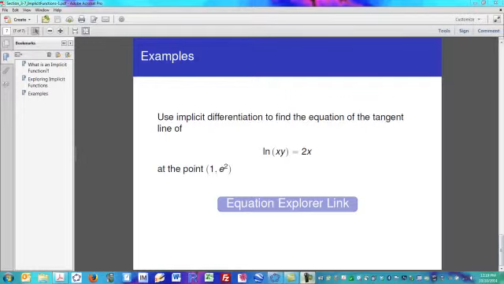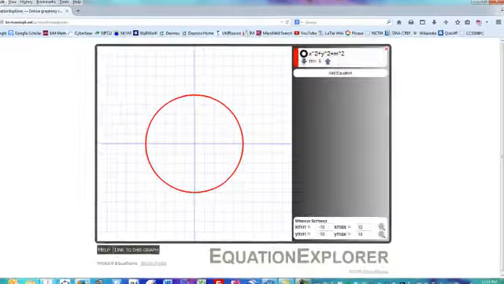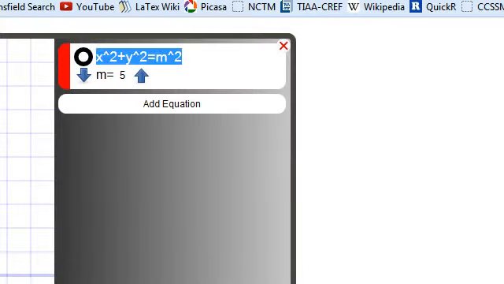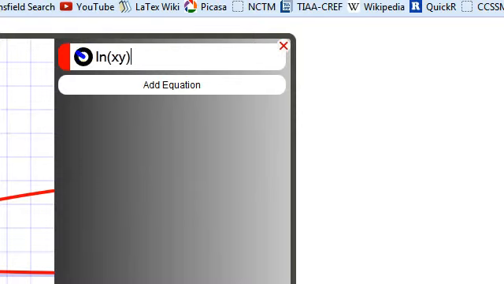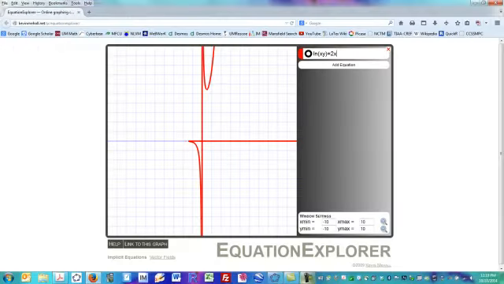Let's go ahead and start by taking a look at this particular function in the equation explorer. So ln xy equals 2x is what we're after. Okay, so this is the graph of that implicit function. Of course, it's not an explicit function. And we can see that it indeed does have a value at x equals 1 that looks to be e